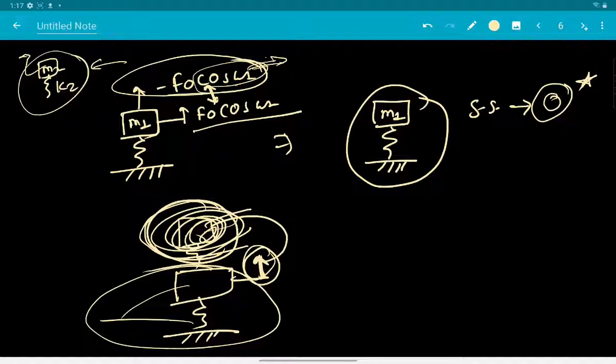When you are interested in having absorber behavior over a range of frequencies, people think of absorbers whose stiffness can be manipulated. Changing mass is difficult, but changing stiffness can be thought of. So you need some control mechanism in between, and at times you also have to bring a damper into the picture, and it opens up an entirely new domain, and we are not going to talk about that.